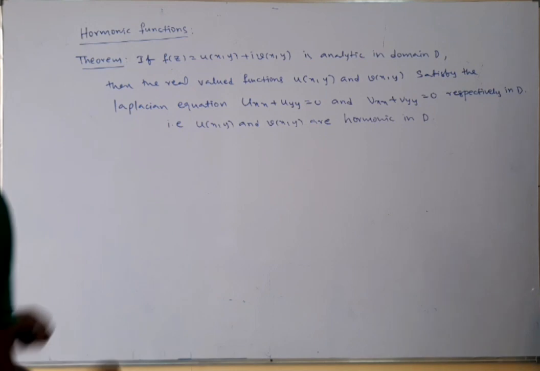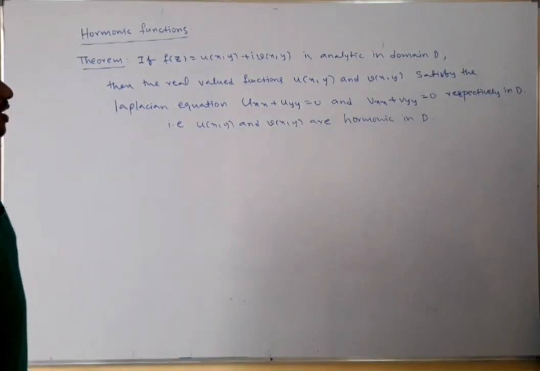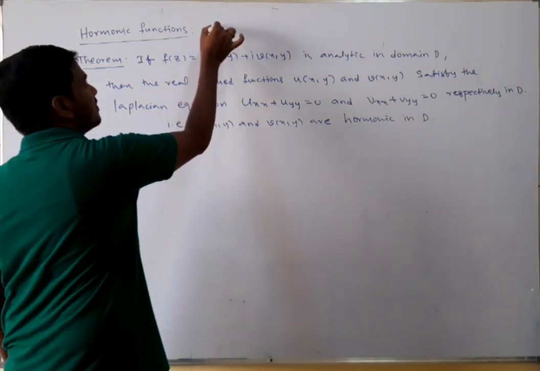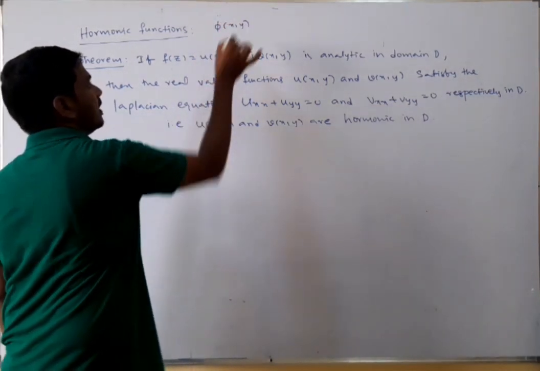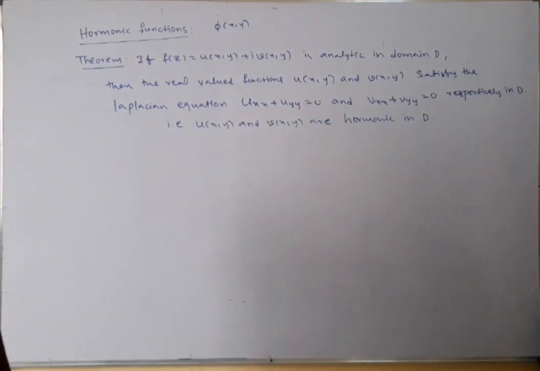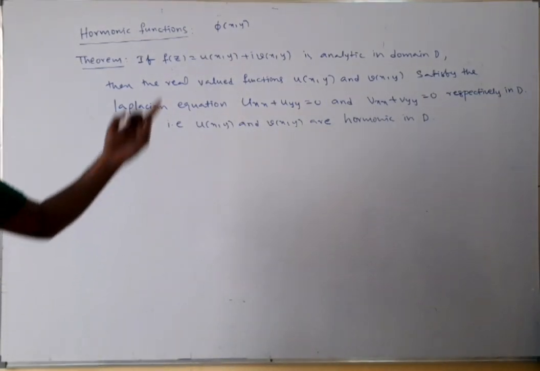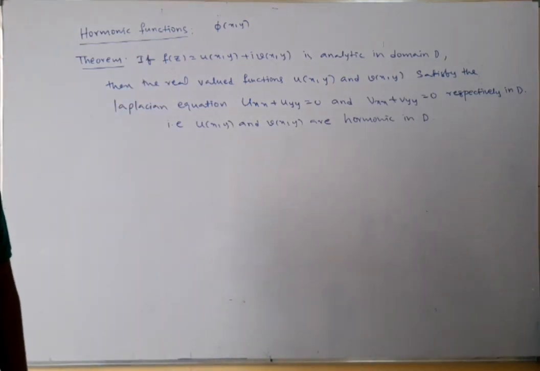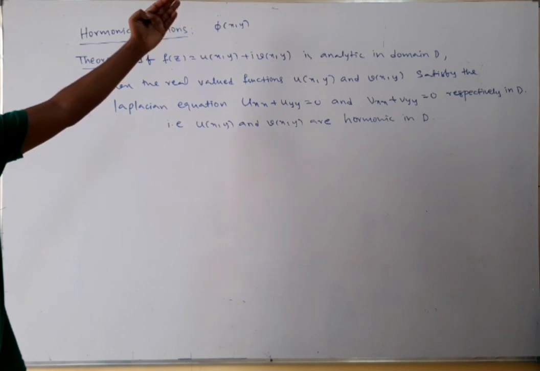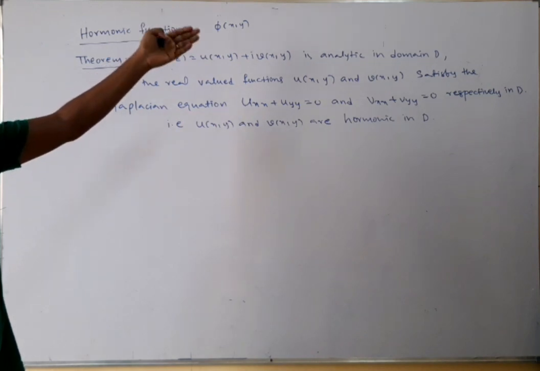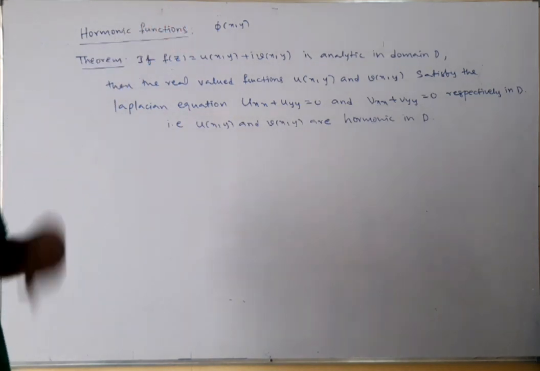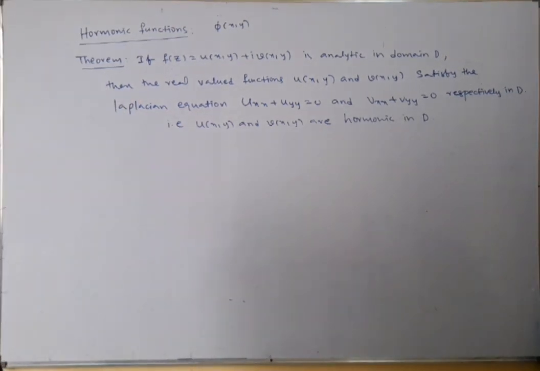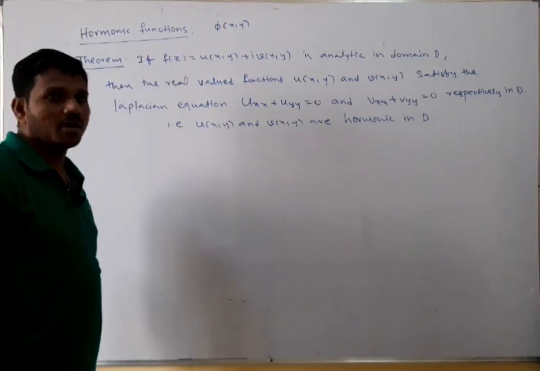Right, next concept, harmonic functions. This is a very important concept. Suppose I am going to take a real valued function phi of x comma y. If phi of x comma y is a real valued function in two variables x comma y and having second order partial derivatives, that means dou square phi by dou x dou y, dou square phi by dou y square, dou square phi by dou x square exist, then this function is said to be a harmonic function,